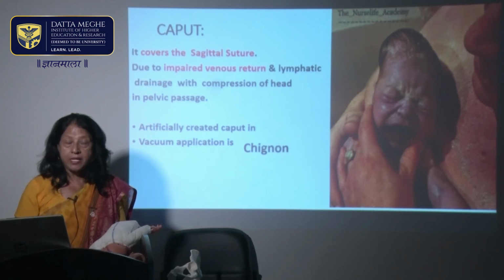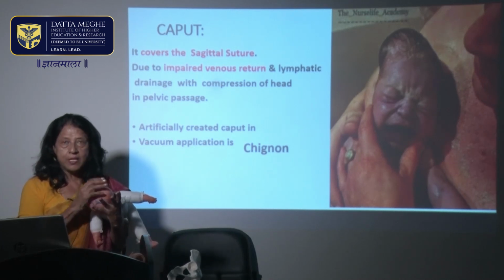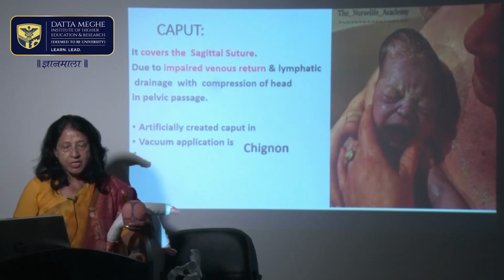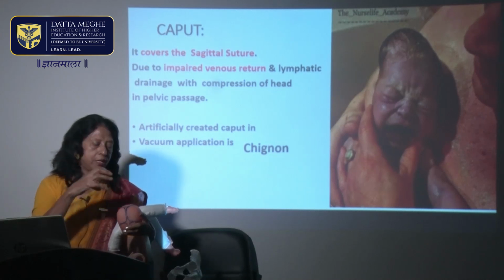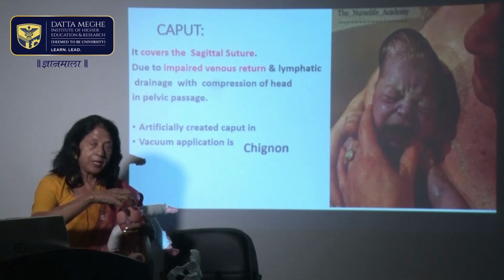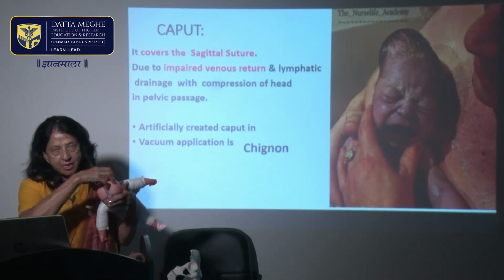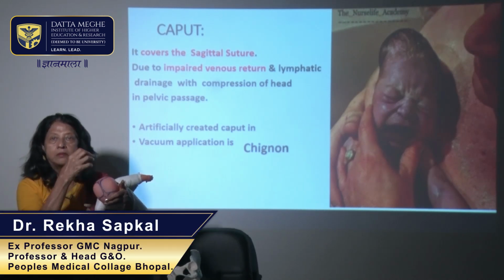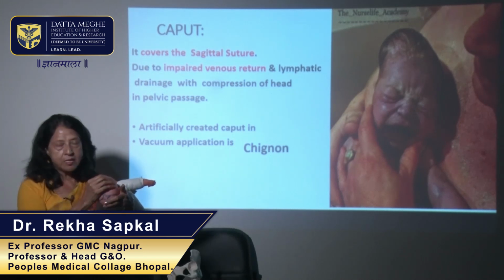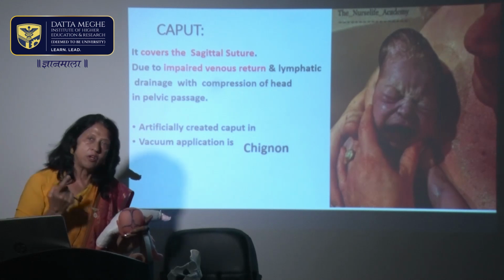After birth, if I have to decide whether it is caput, it covers the sagittal suture also, because it is a swelling over the subcutaneous tissue. No drainage is required, nothing is done. In cases of vacuum application, there is a metal cup or a plastic cup which is applied over the head, over the flexion point. What happens is that when we create a vacuum with the suction effect, there is a swelling, an exudate formation in the scalp, and that artificially created caput is called chignon,